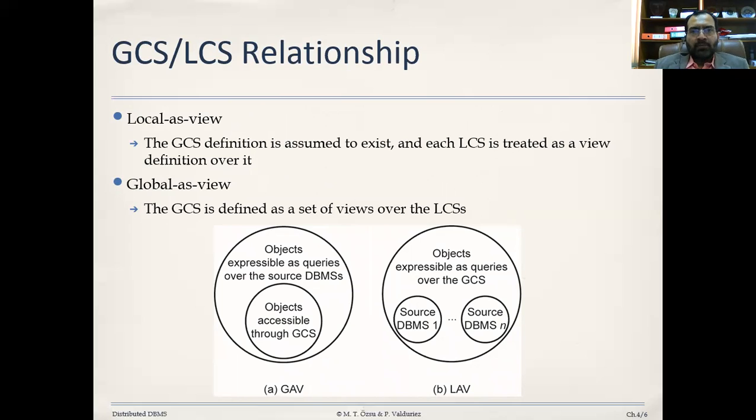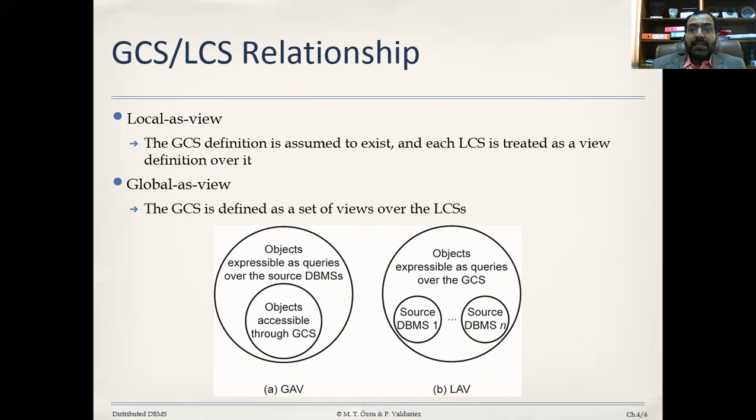So we have two types of relationships. One is called local as view, and the other one is called global as view. And you can see the diagrams on the screen as well. Figure A represents the global as view, and figure B represents the local as view. The GCS definition is assumed to exist. It means that if you talk about local as view, you believe that the initial definition of GCS is there,